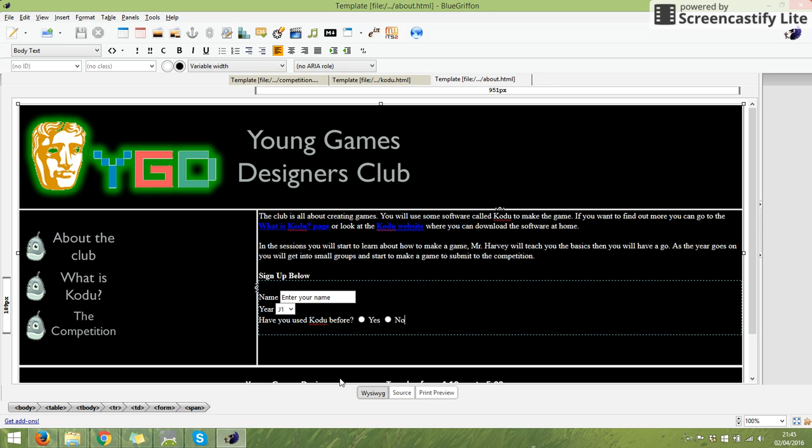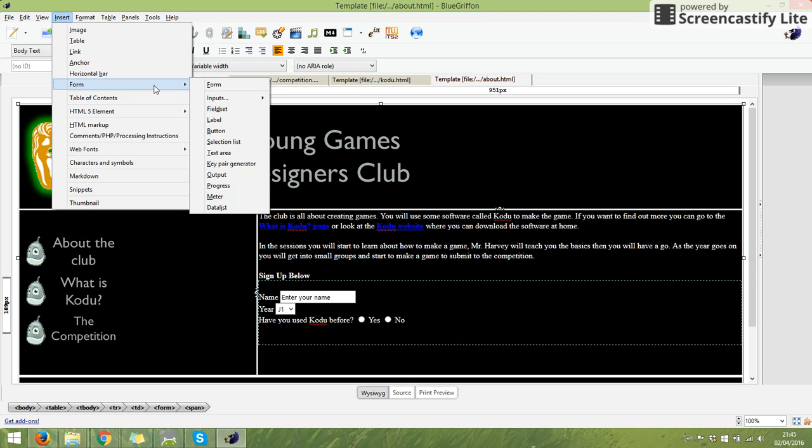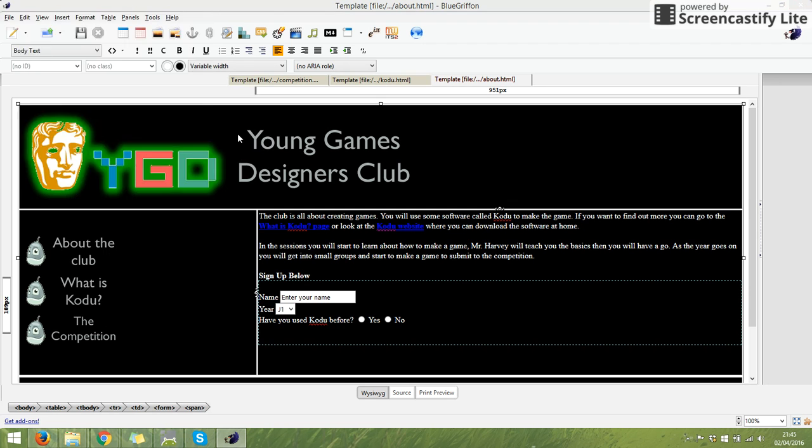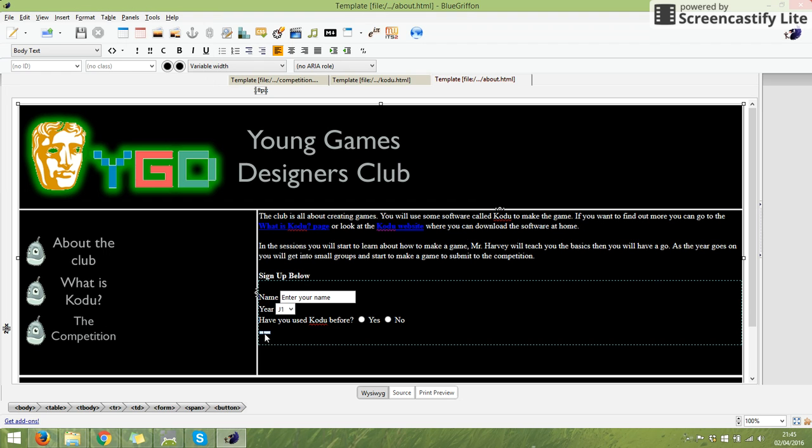So what I need to do is insert another option, which is a button. So I hit enter, I'm going to stick my button in. If I go insert form and I go down here to button, I can click on that and give my button a name and call it submit. The value is going to be submit. Now this should appear in the button, but again there's another little glitch. And then method, we're going to put post, and we don't need to worry about the rest of the things because it's already there. So we click that, and now you get this really weird tiny little button,